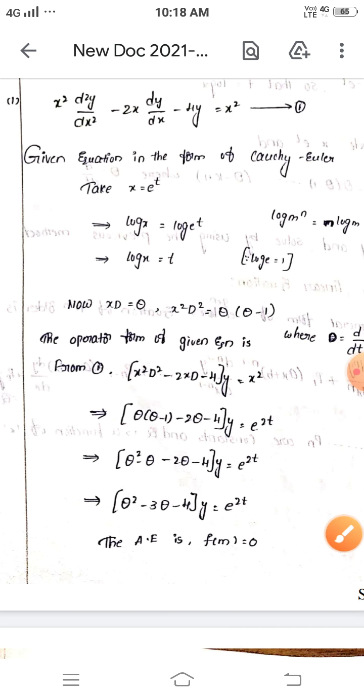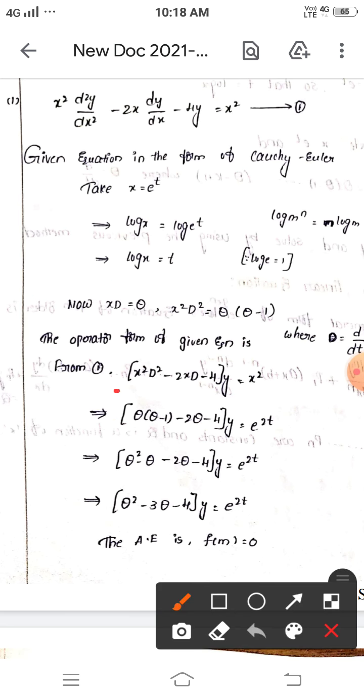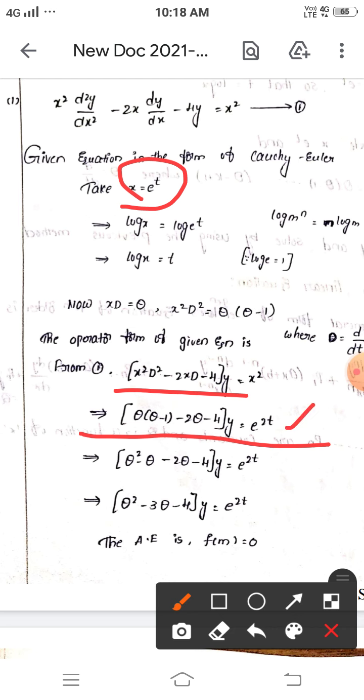So these considered values, when replaced in this condition, give this condition. Also, x is nothing but e power t, so x square is e power 2t. We have to replace the total values of x in thetas. So finally, after replacing and simplifying that condition, we get theta square minus 3 theta minus 4 into y is equal to e power t. So this is the